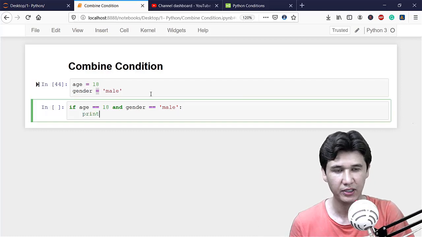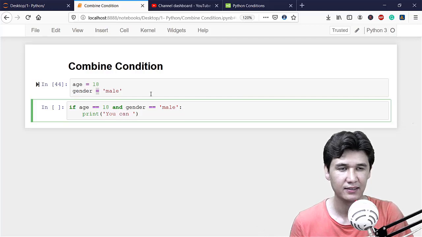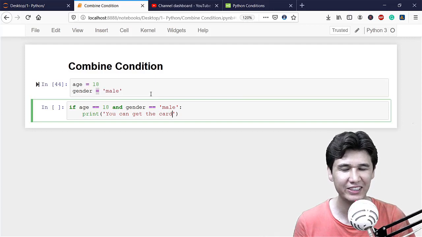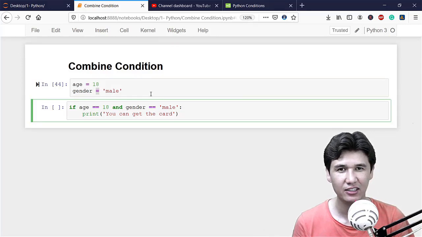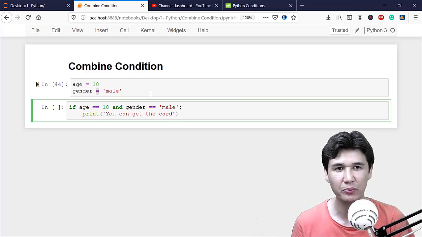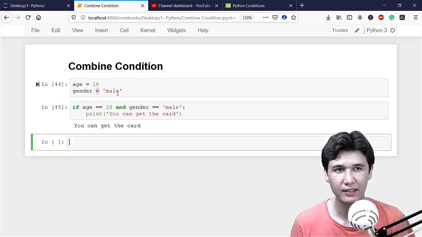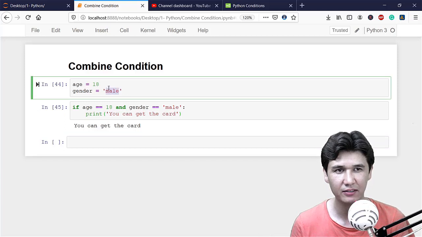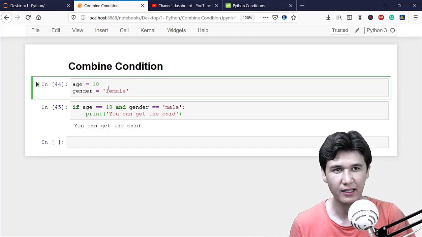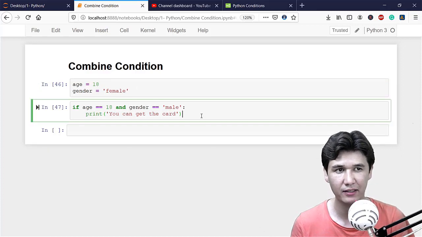Then it should print, you can get the card. Maybe there is some card which is only for the teenagers, and the person who is 18 years old, and he should be male, not a female, then he can get a card. And that is how our programming works. Now you can get the card. Okay, if it should be female, and female is coming here, the program is blank, and we can